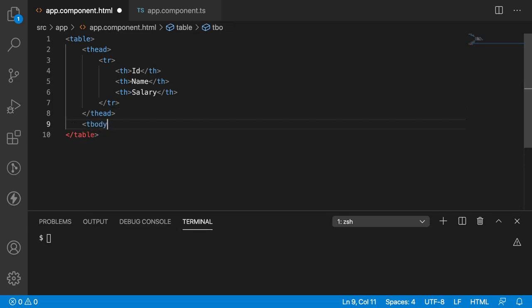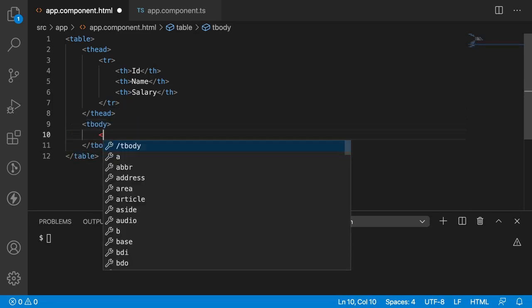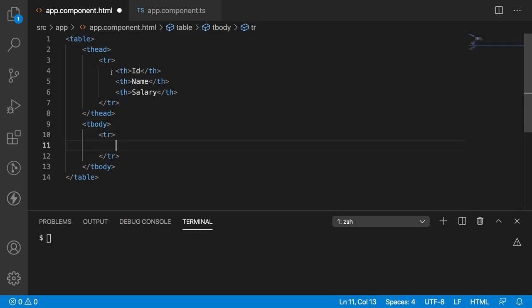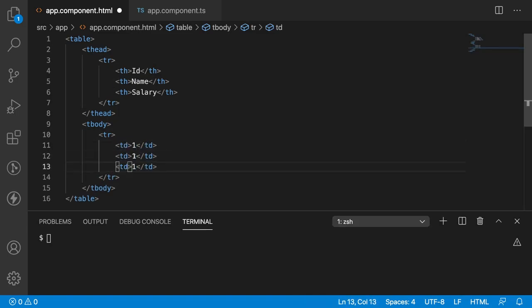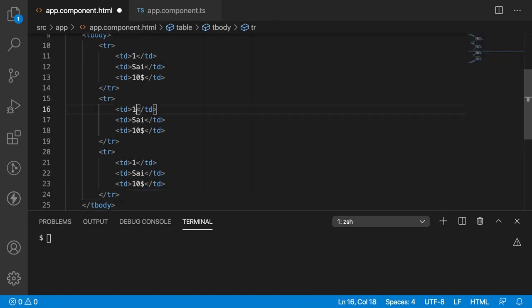Let me create the body part, tbody. Inside this tbody, let me create a TR, and it will have TD with 1 as an ID, name as Sai and salary as $10. And let me create more rows: an ID of 2, name as Kumar, $20. Then 3 and SKK with the same $20.